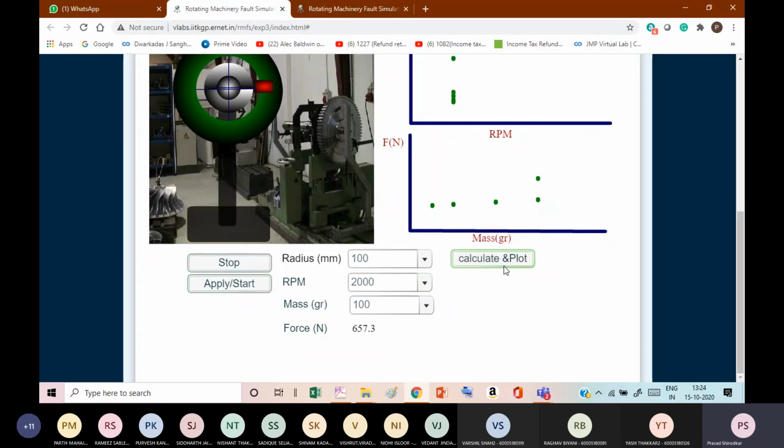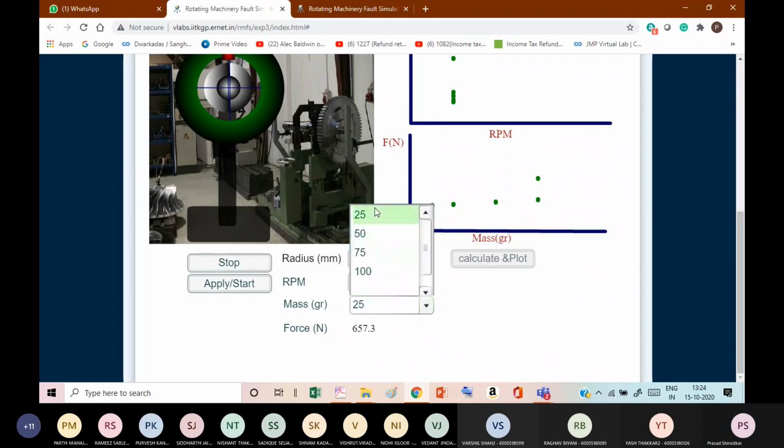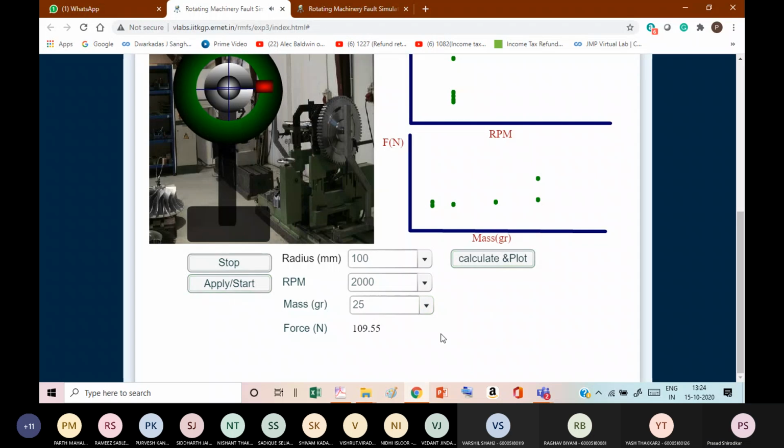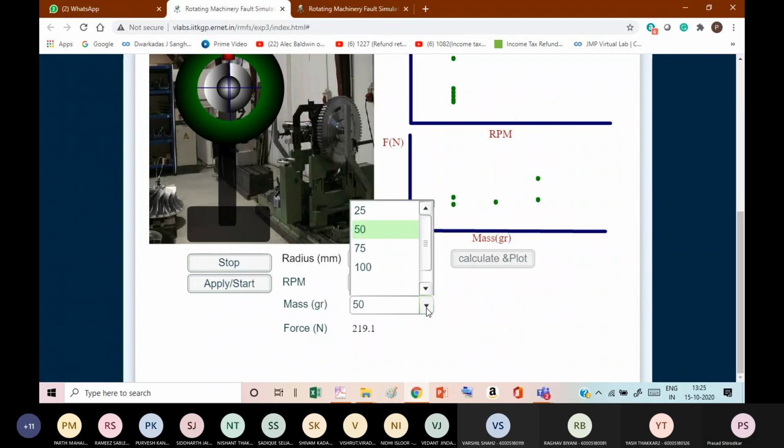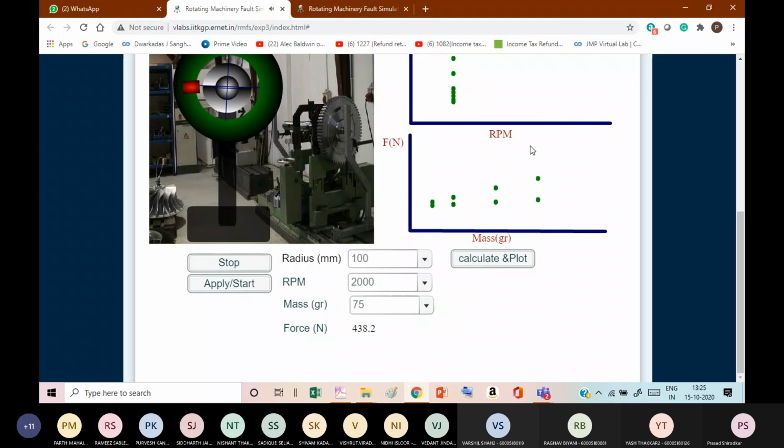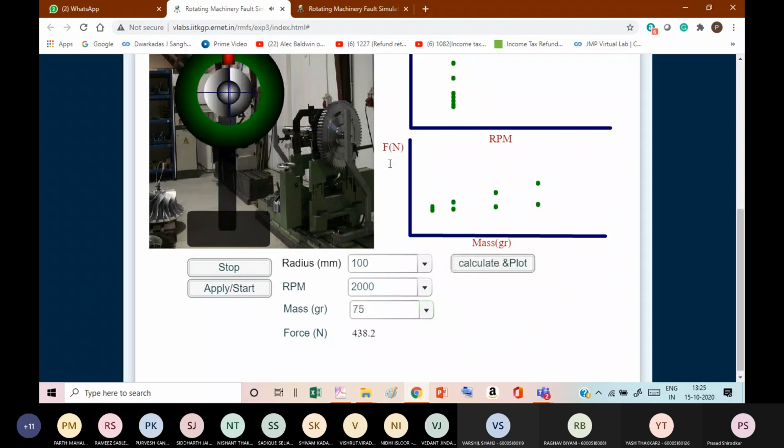RPM is same. Calculate. Stop. 25. Stop. 50. Start. Stop. 75. As constant,